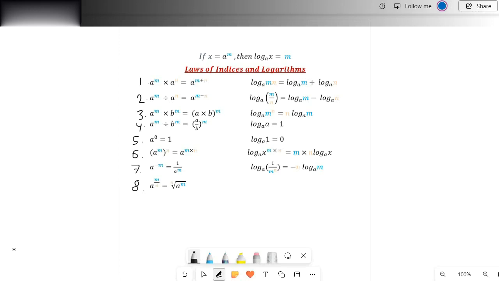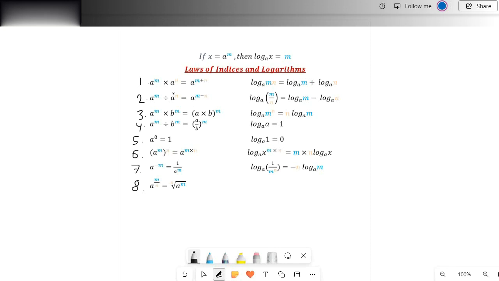In our last video, we discussed the differentiation of trigonometric functions or sinusoidal functions like sin x, cos x, tan x, etc. Today, however, we will be looking at the differentiation of exponential and logarithmic functions. But before we go right into it, let us review some of the laws and rules of indices and